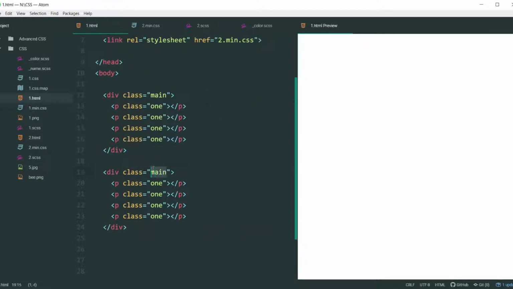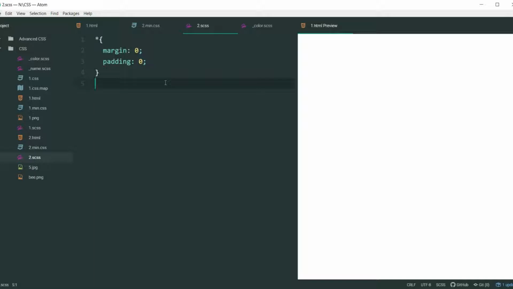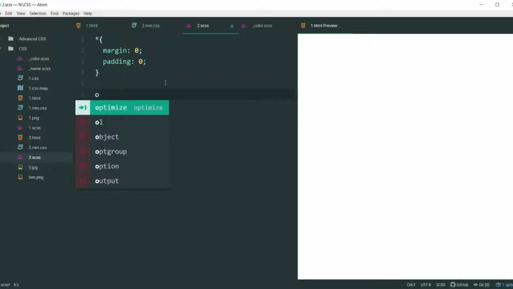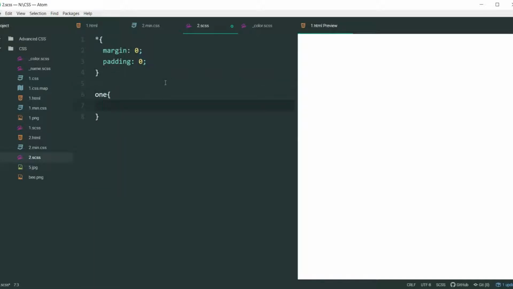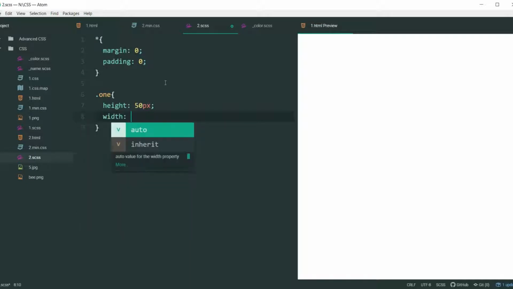So changing the class name to sub. So coming to this, our paragraph name is 1. So here I'm adding a height of 50 pixel, width of 50 pixel,